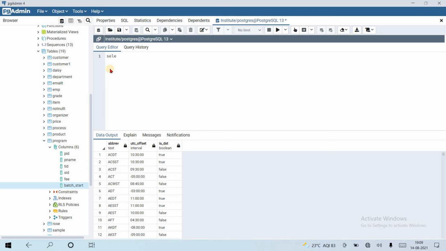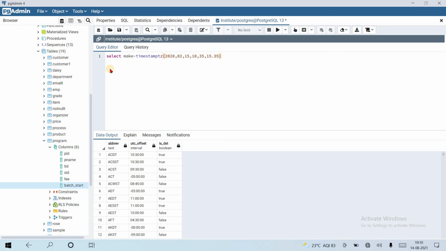Suppose let's run select make_timestamptz with 2020 as the first parameter, second is 02, 15, 10 hour, 35 minute, 15.35 second.